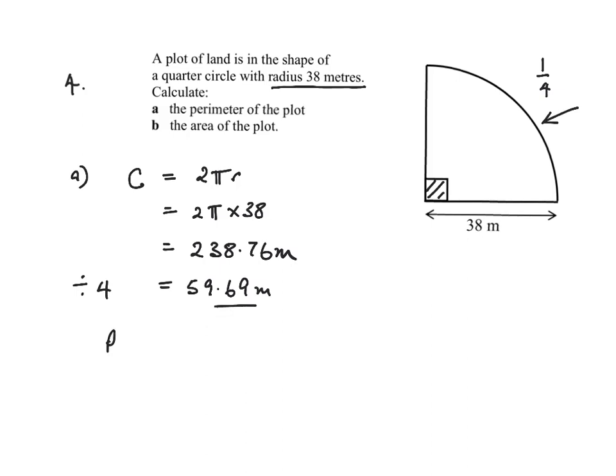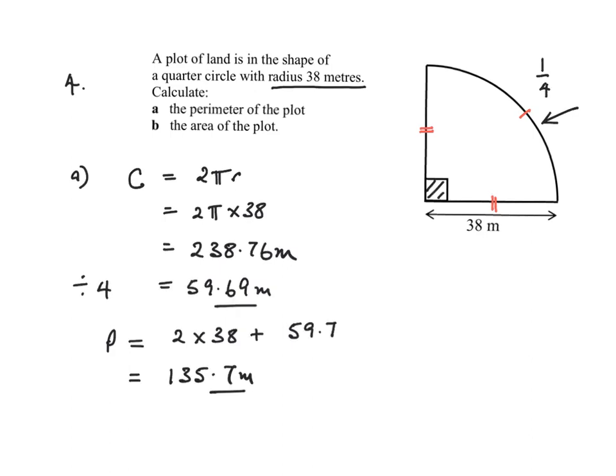The perimeter then is found by adding 3 lengths together. So we've got this length here and this length here, which are the same, those are both radii, and then we have this length here. So 2 lots of 38 plus 59.7 gives us 135.7